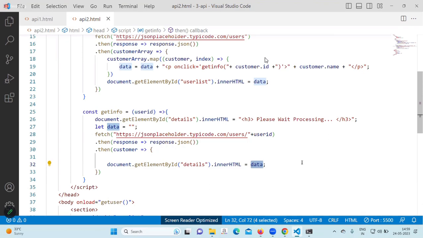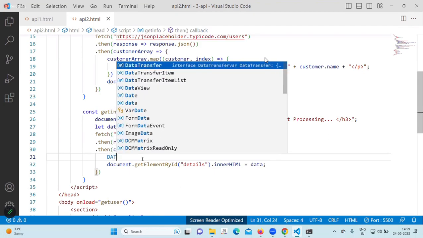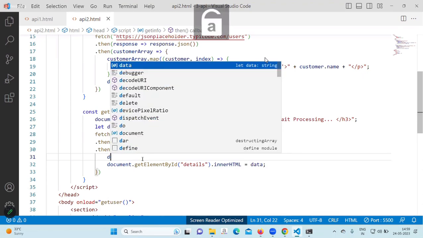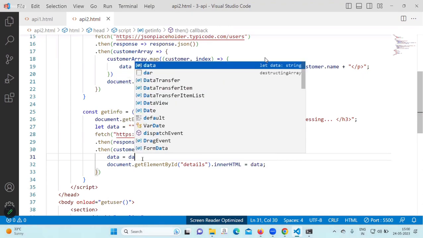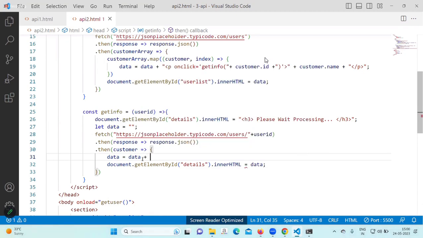Not coming in, will not be able to talk this. JSON will give you the array object. It will print as only an object. Now write here data equal to data plus h2 open, or maybe h2 is okay, h1 is okay,